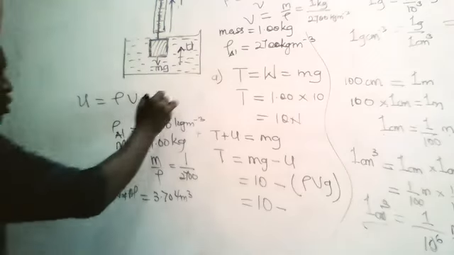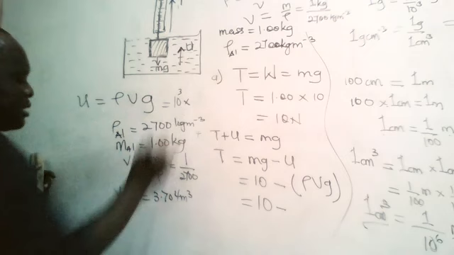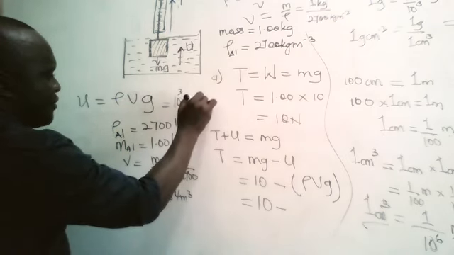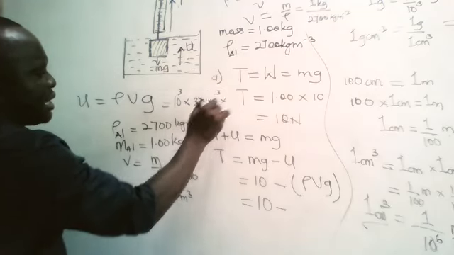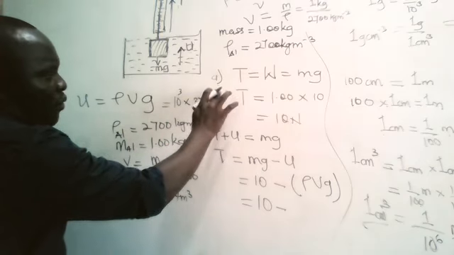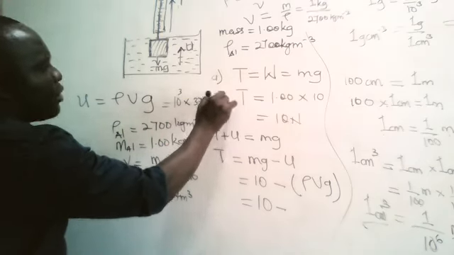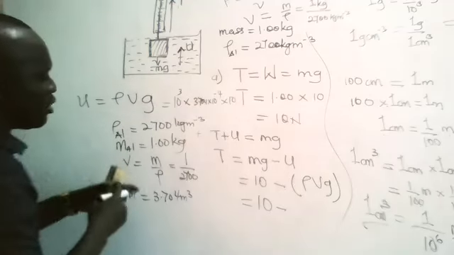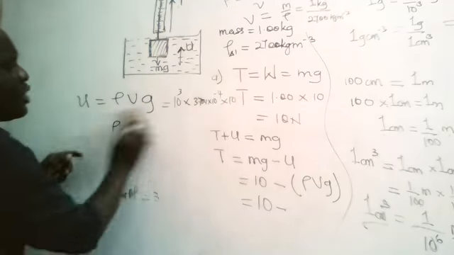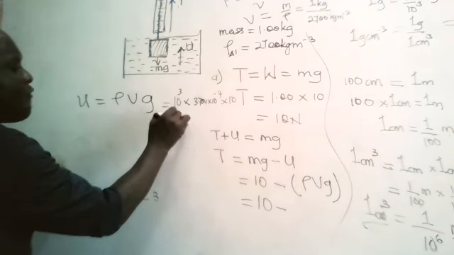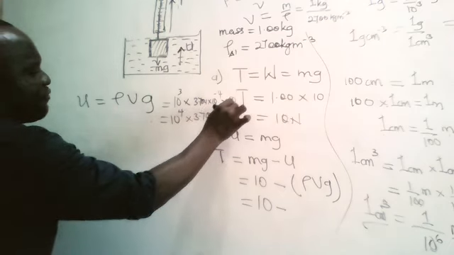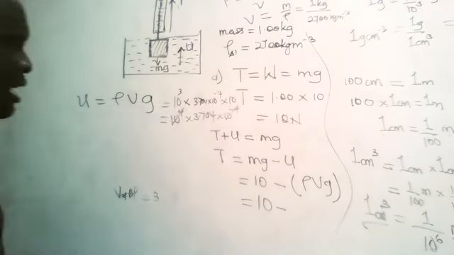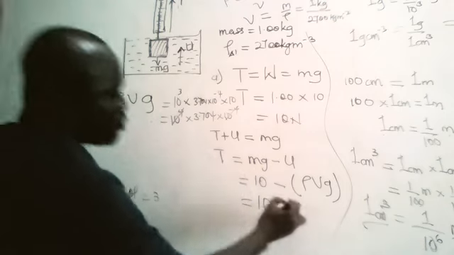Thank you. Good. So 1,000 times 3.704 times 10 to the power negative 4, is it negative 4? Yes, please, it's negative 4. Times 10, which is gravity. So when you put this together, you have 10 to the power 4 times 3.704 times 10 to the power negative 4. This and this reduce to 1. Okay, 1. So we have the answer to be